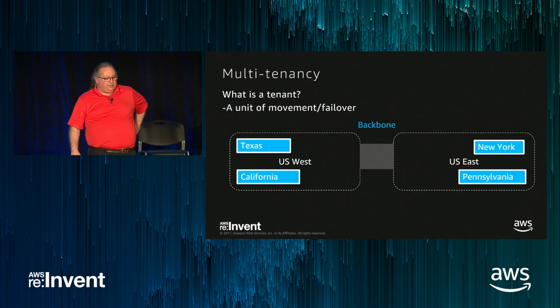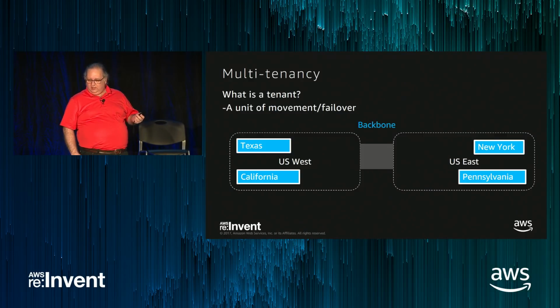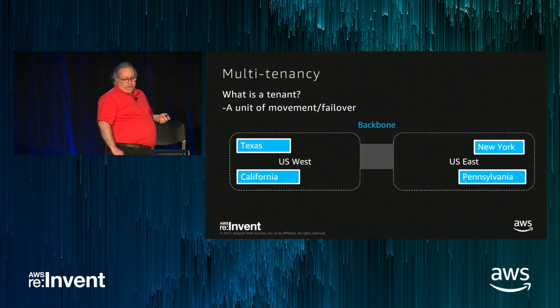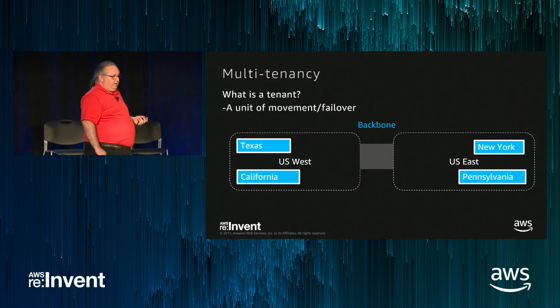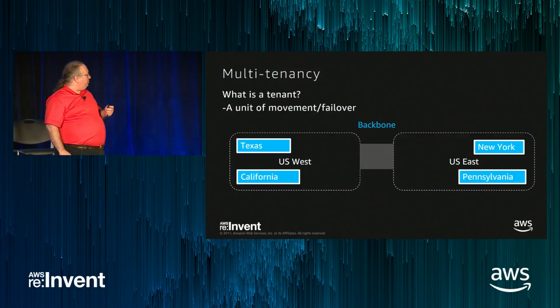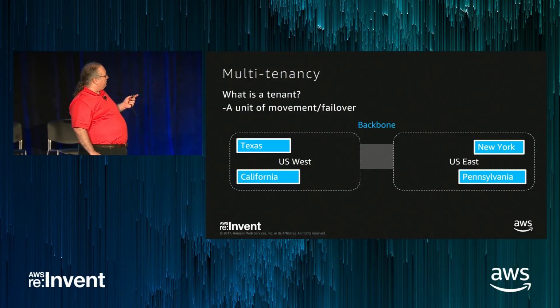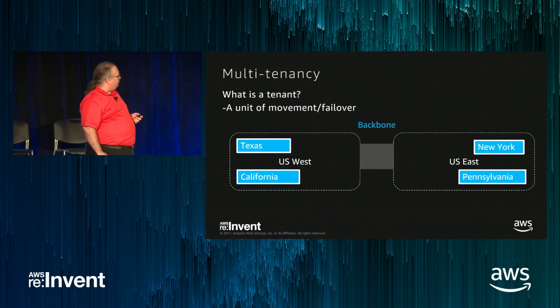And the idea of multi-tenancy. So what is multi-tenancy? Well, a tenant is a unit. Sometimes it's a business unit. Sometimes it's a technical definition. But it's the idea that I have multiple independent pieces. So here's an example of doing it based on states. One of the lessons that we're learning here is white on blue might not have been the best color scheme that we could choose.